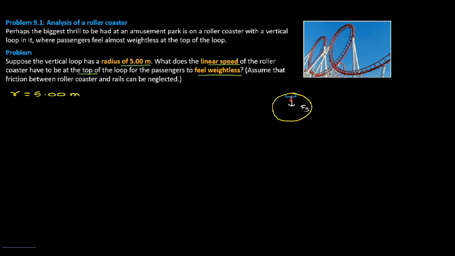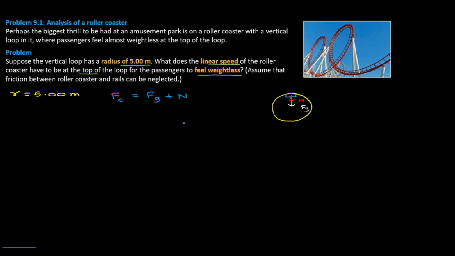So we draw the normal force and call it N. Both the force due to gravity and the normal force are acting towards the center of the circle. And these are the forces that will provide the required centripetal force to keep the passengers along the circular path. So I will write my centripetal force Fc to be equal to the force due to gravity plus the normal reaction